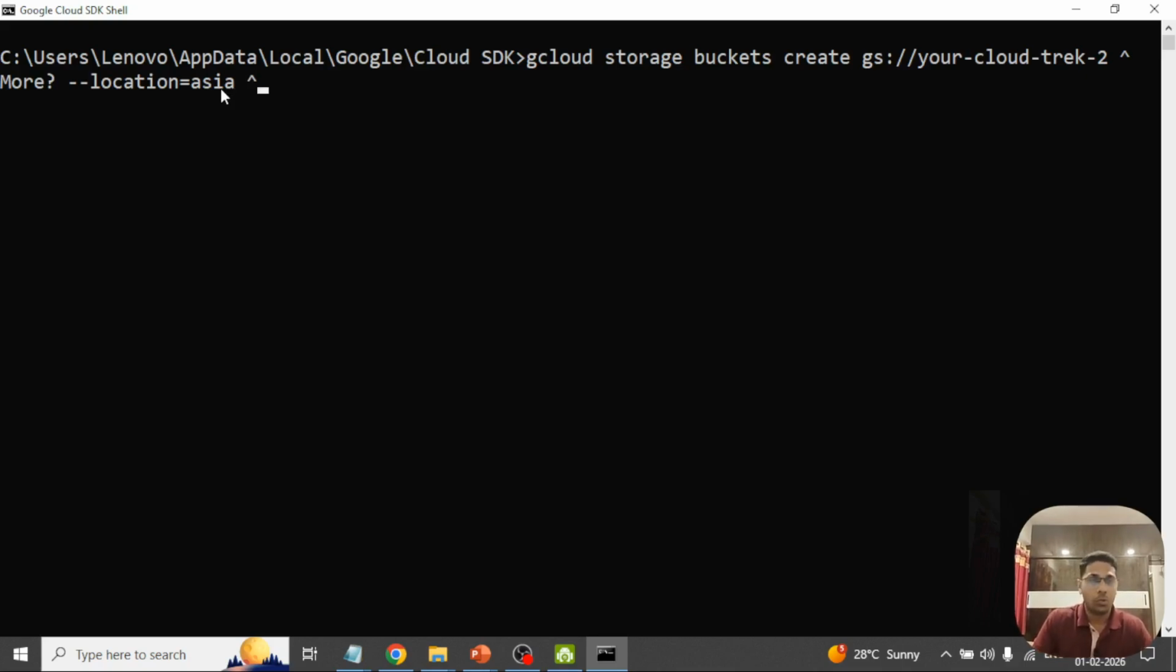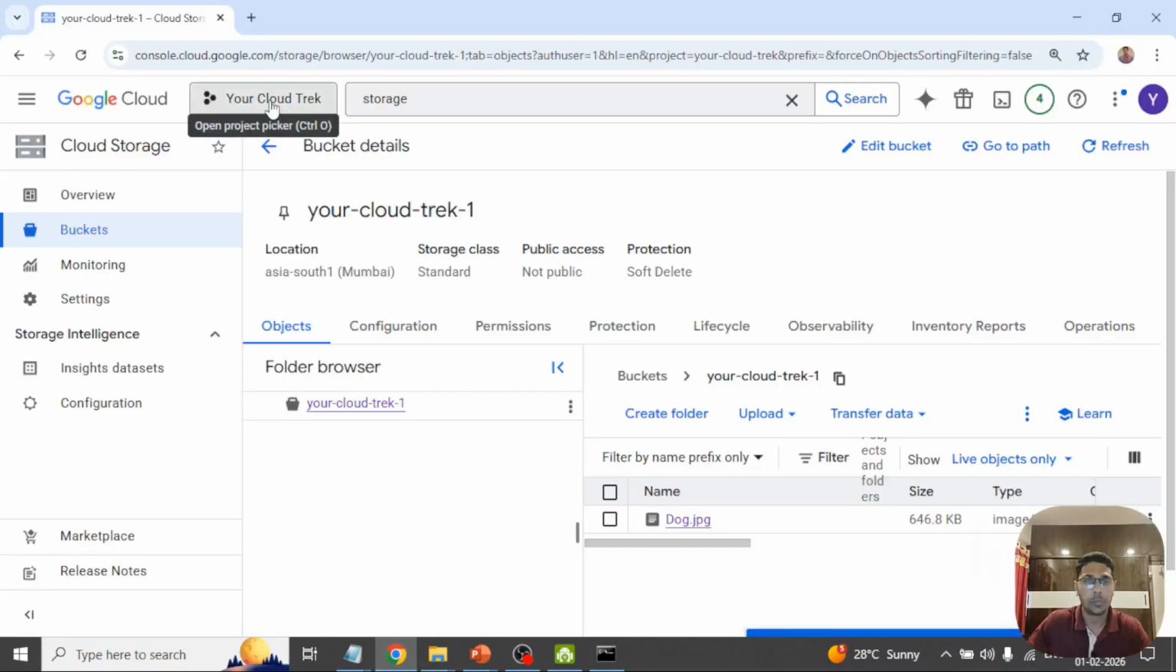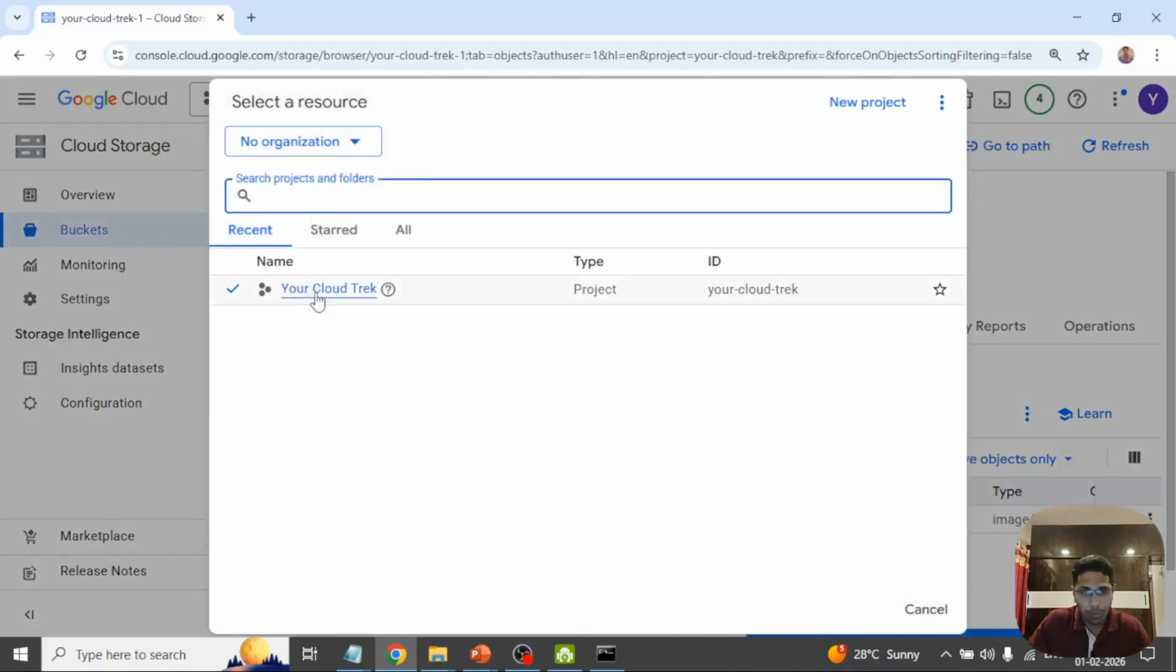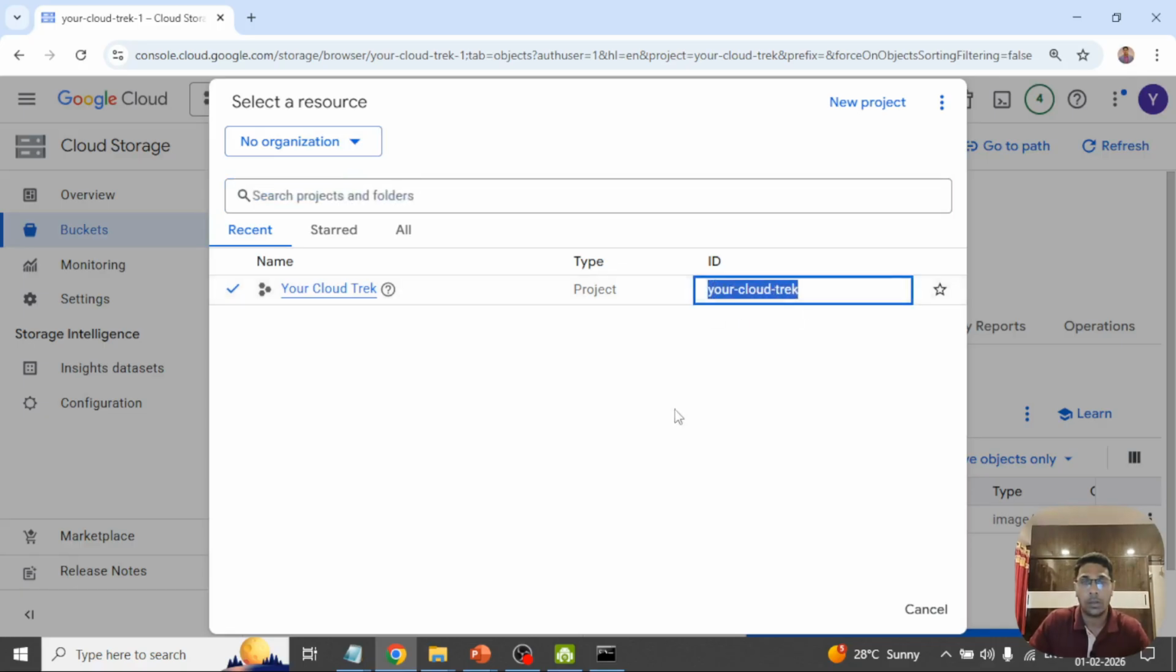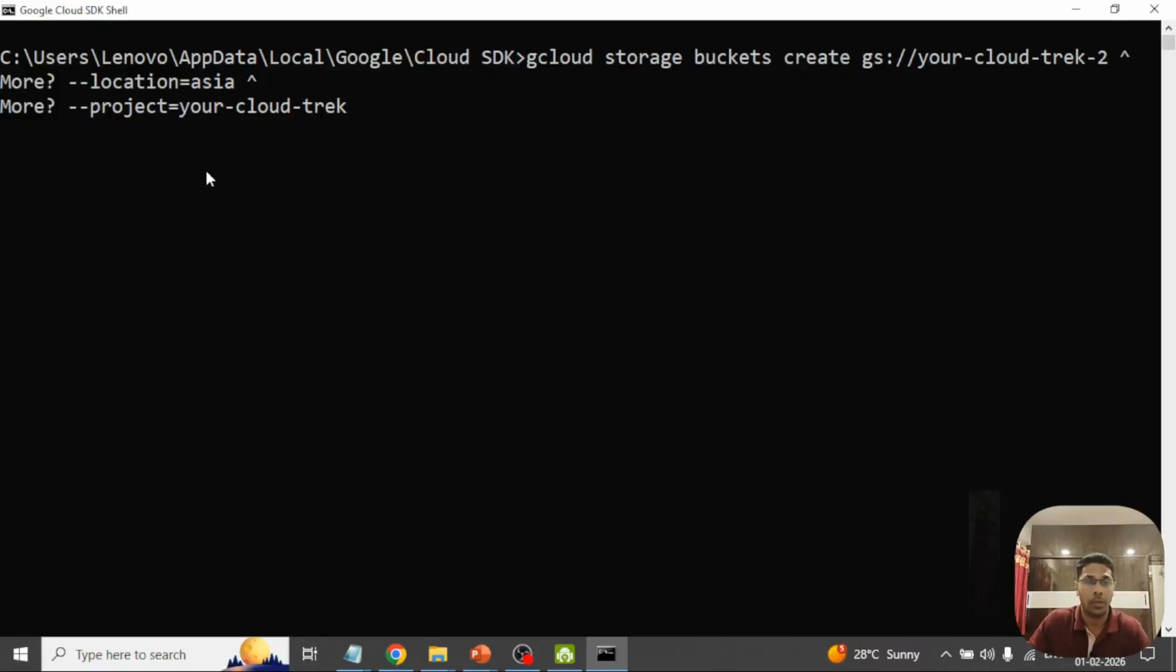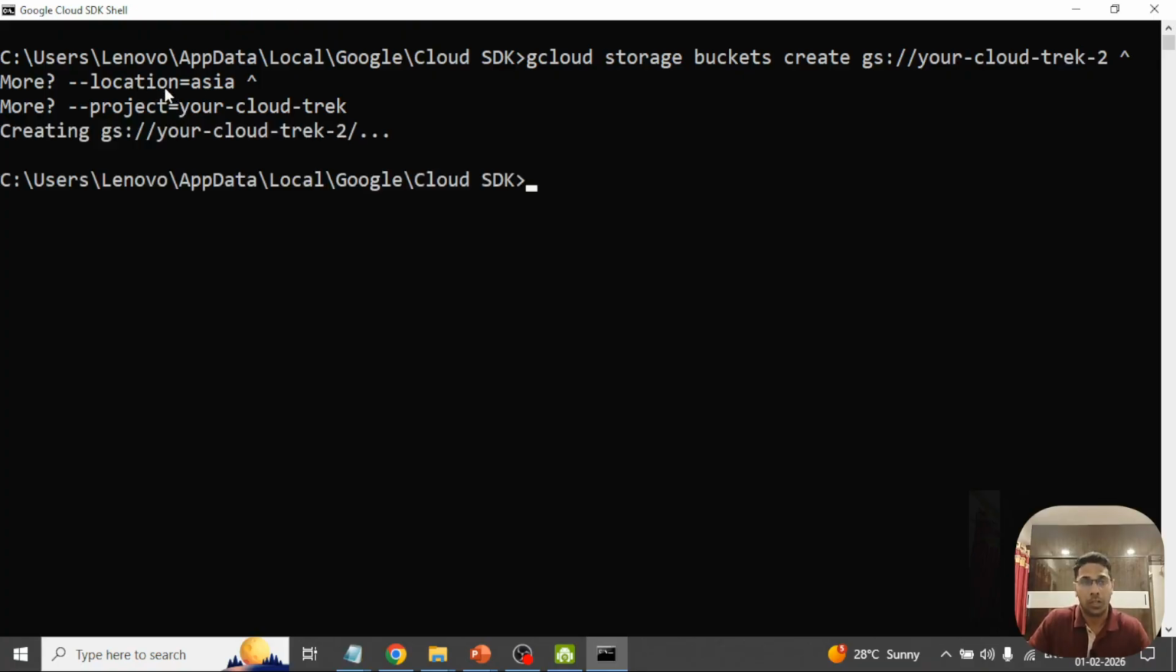Perfect. Now let's go to the next line, and my project equal to my project ID. This is my project name. If you put this, you will end up in an error. This is my project ID. So let's copy this and paste it over here, right? You should put the project ID, not the project name. Now if I click enter, then this should create a new bucket of your cloud trek-2 in this location,